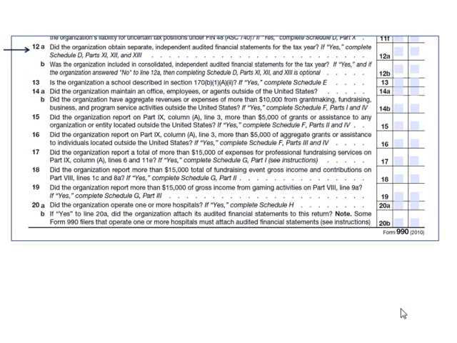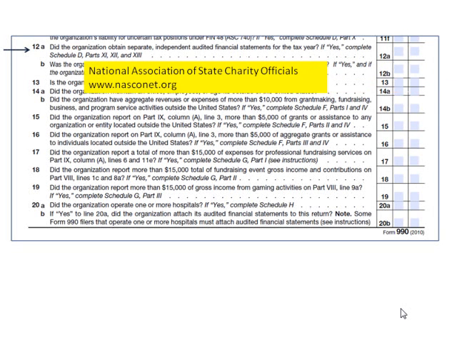But if the organization does have an independent audited financial statement and they click yes, then they need to fill out a Schedule D or a section of Schedule D. And some of the states actually require nonprofits to send them copies of their audited financials as part of their reporting to the state. And if you are trying to get hold of audited financials and you want to see if your state requires, or the state where the organization is located requires audited financials as part of the reporting, try going to